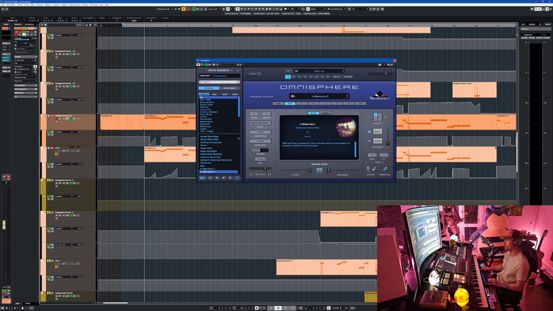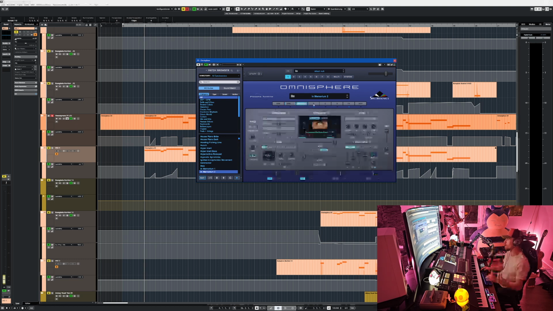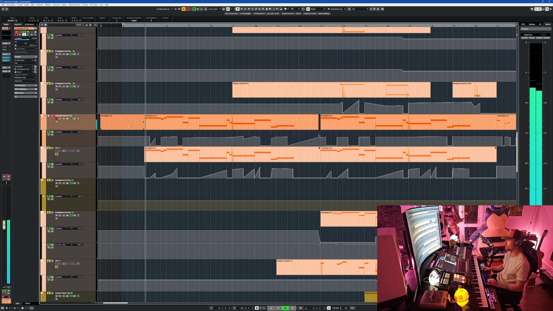But yeah, the lead bell is a slightly adapted preset from Omnisphere. I browsed through the presets based on this bell sound I had in mind and adapted it a little bit. I think I only adapted the attack and decay rate of the A and B synth. So mainly I took the attack time to 0 of this Zimbira finger thing. And so it's the main sound that you hear here.